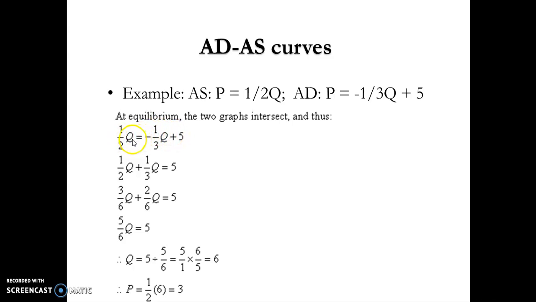And now we can solve for Q by taking minus a third Q over, and it will become positive. And in order for us to add these two terms, we need to ensure that we have the same denominator, and then we can add the numerator. And now you can just solve for Q by, if you can see that this is multiplicative. So if we take it over, it will become 5 divided by 5 over 6. And therefore, you can just invert that fraction and then multiply your numerator and denominator, and you would obtain your